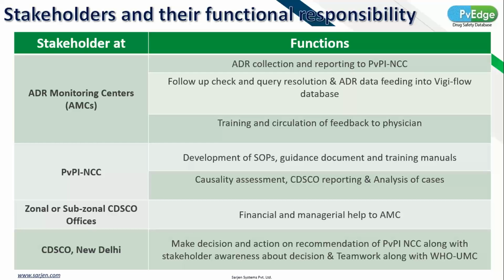So basically, CDSCO is the main decision-making authority, with the help of signaling data and the safety data they get from PvPI and NCC. PvPI and NCC also recommend to CDSCO that we have to ban this drug from marketing, or stop the distribution of this particular drug, on the basis of the safety results they got. So CDSCO is the main primary authority who will immediately take the decision with the help of the risk and benefit